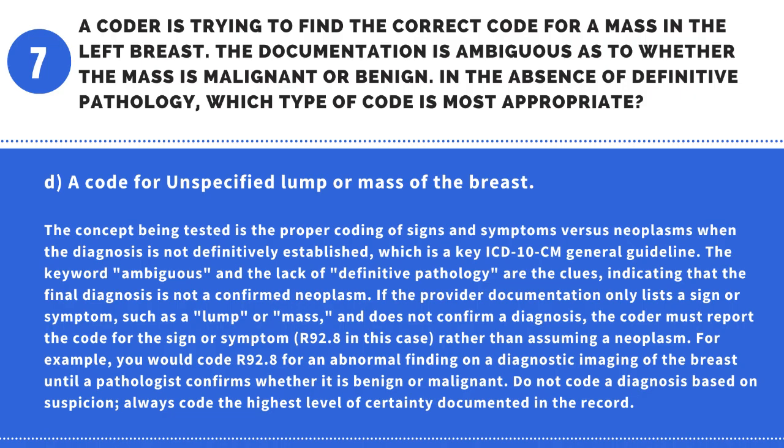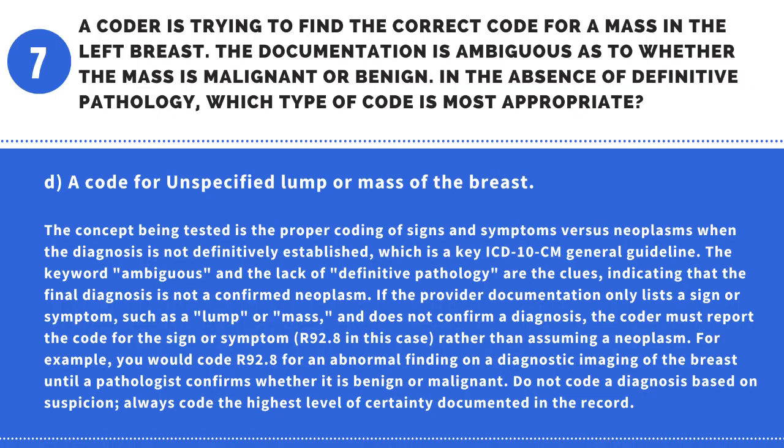The concept being tested is the proper coding of signs and symptoms versus neoplasms when the diagnosis is not definitively established, which is a key ICD-10 CM general guideline. The keyword ambiguous and the lack of definitive pathology are the clues, indicating that the final diagnosis is not a confirmed neoplasm. If the provider documentation only lists a sign or symptom, such as a lump or mass, and does not confirm a diagnosis, the coder must report the code for the sign or symptom, R92-8 in this case, rather